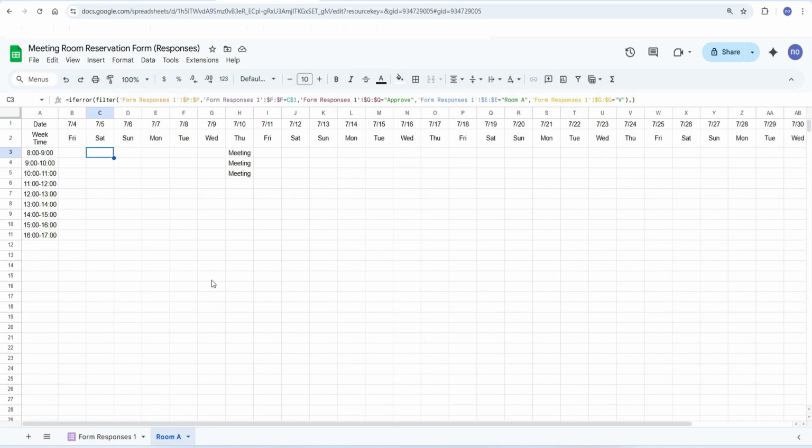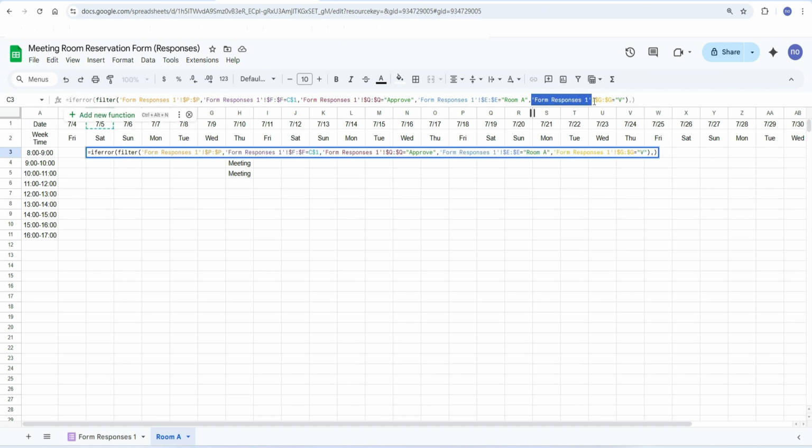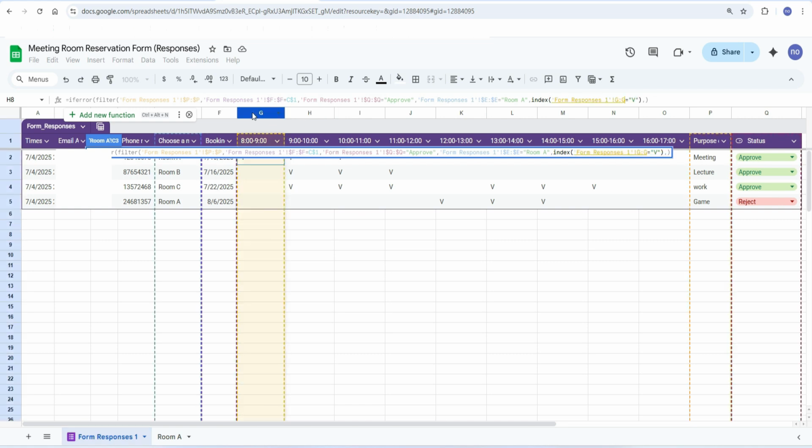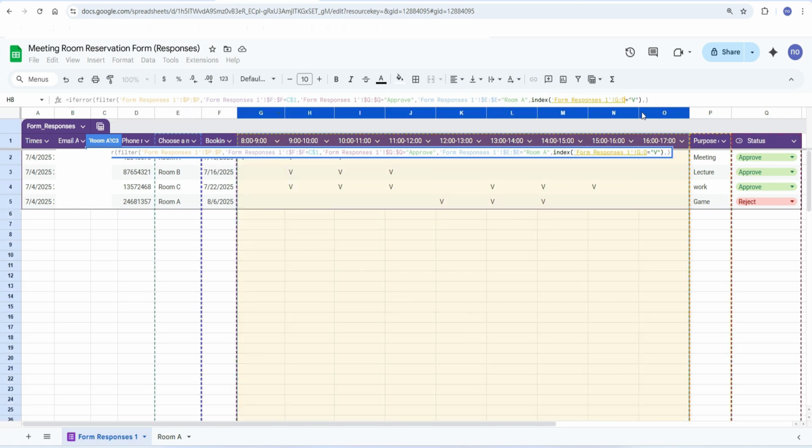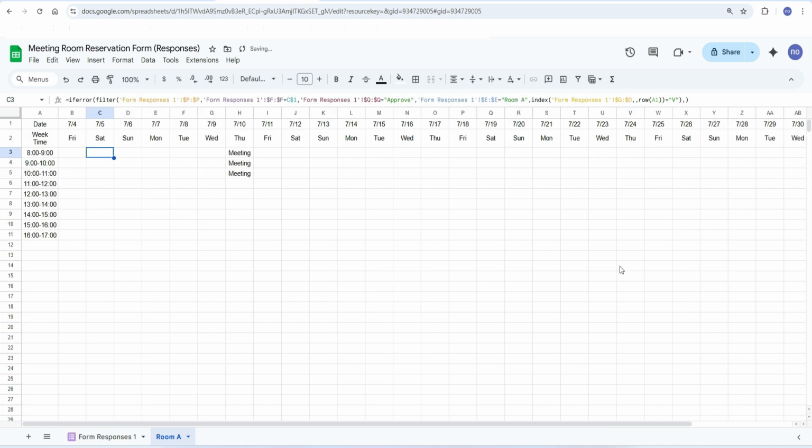So back to the schedule. We are going to change this part only. The range I'm using is the timetable, from column G to column O. The data from the timetable has to be locked. It sent back the data of all rows in the first column. So today if I pull down the cells, a 1 will become a 2, a 3, a 4. Here, it means to grab the information in the second column, third column, fourth column, from the timetable.